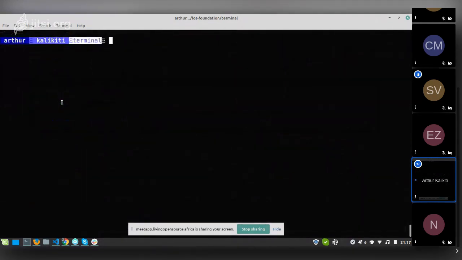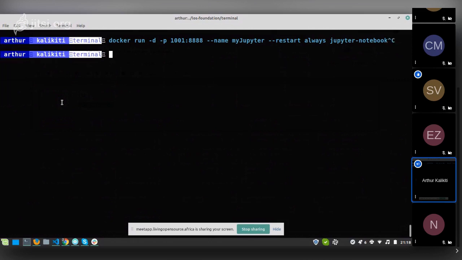Apart from that, we also talked about how to run a container, which we are done with that command. We also did something else, which is entering inside of a container, which we did by typing in that command. Apart from that, we looked at the logs, which can be done by using Docker logs, and then